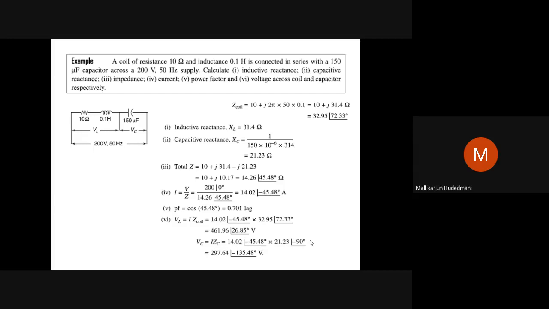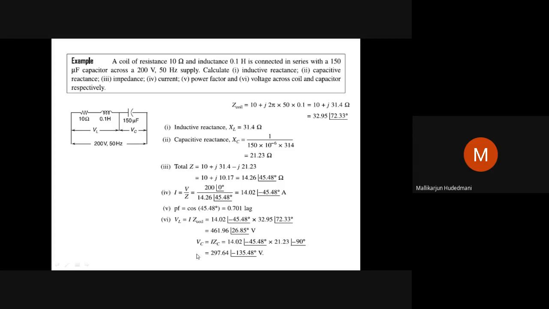If you do, what will happen? You will understand whatever you are doing is in complex mode. So that shall not happen by your ignorance. You should be very careful about what you are doing and what is the right mode you should be using. So in this way, VL and VC you need to get.